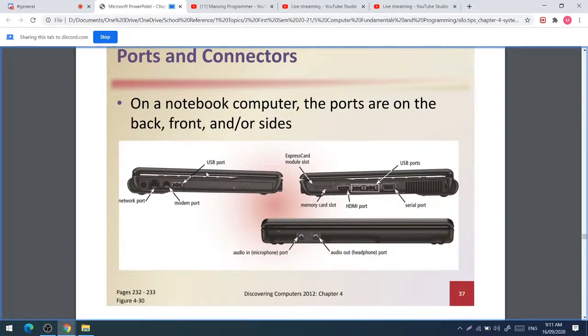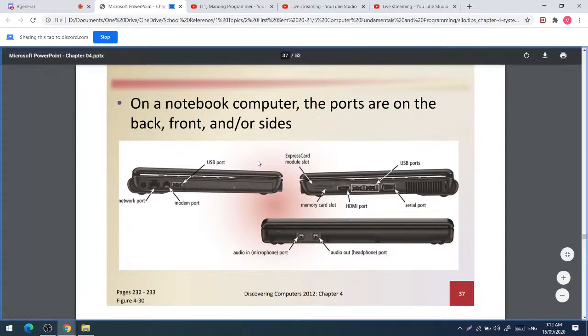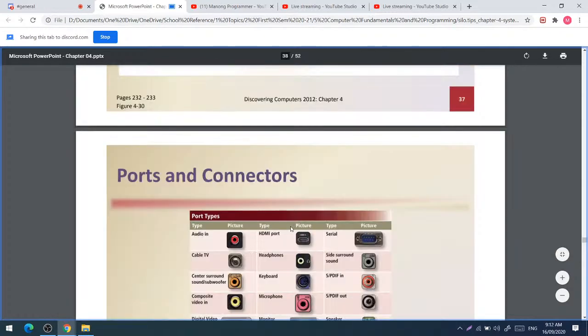We have USB ports, the modem port, network port, express card module, serial port, HDMI port, and we also have the audio in and audio out port po natin. But for latest computer, the audio in and the audio out is iisa na lang po siya. Yung pinagsasaksakan po yan ng